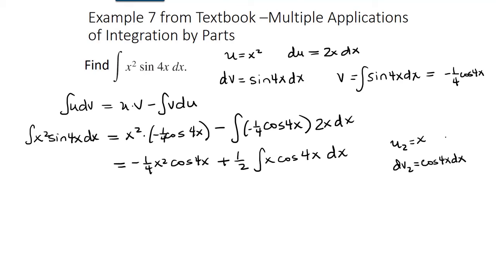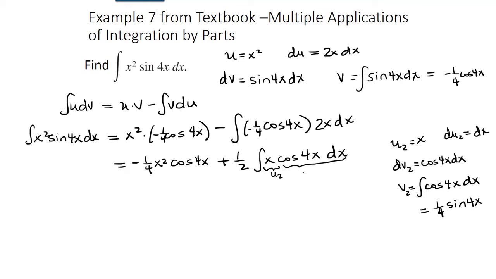So to find du2, we're going to have the derivative of x is just 1, or dx. And then to find v2, we integrate cosine 4x dx. The integral of cosine 4x dx is 1/4 sine of 4x. v2 is 1/4 sine of 4x. Okay, this was our